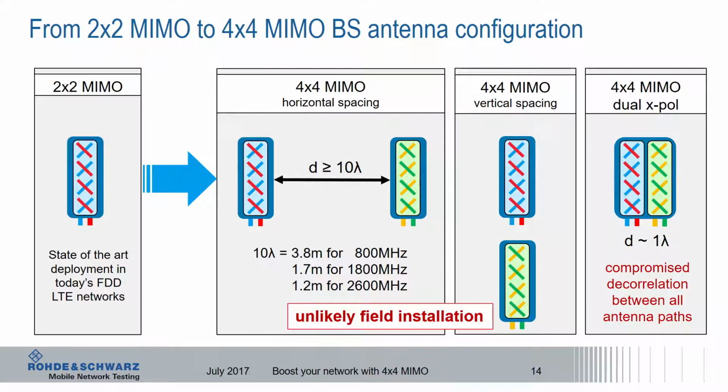For 4x4 MIMO, often what we see in deployments today is a dual cross-polarized antenna scenario. So 2 antenna columns are close together, roughly 1 lambda away from each other. You may ask now, where's the spatial separation? What is the decorrelation of this antenna? Good question. In fact, the decorrelation is compromised somehow. However, today's antennas provide quite good isolation figures and also decorrelation figures in their data sheets. In the next slides, I want to talk about antenna examples and challenges for installation.